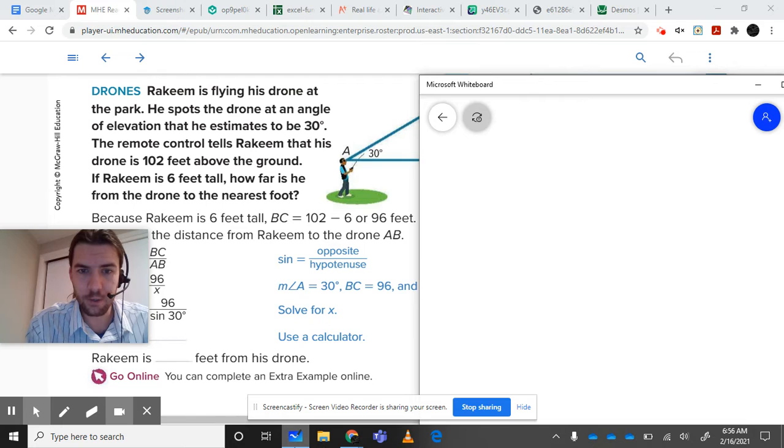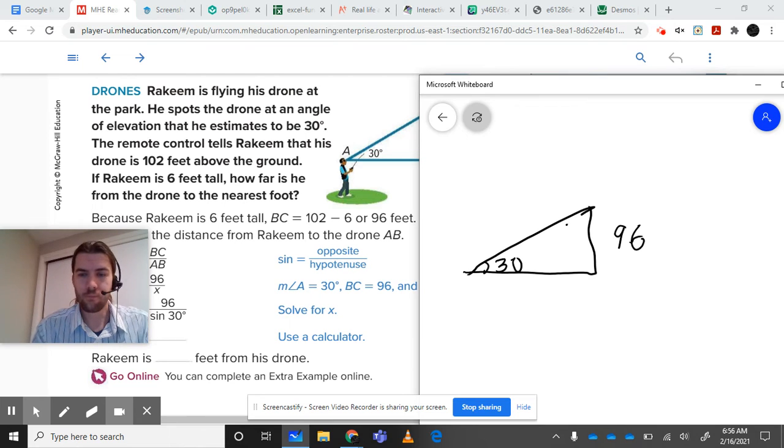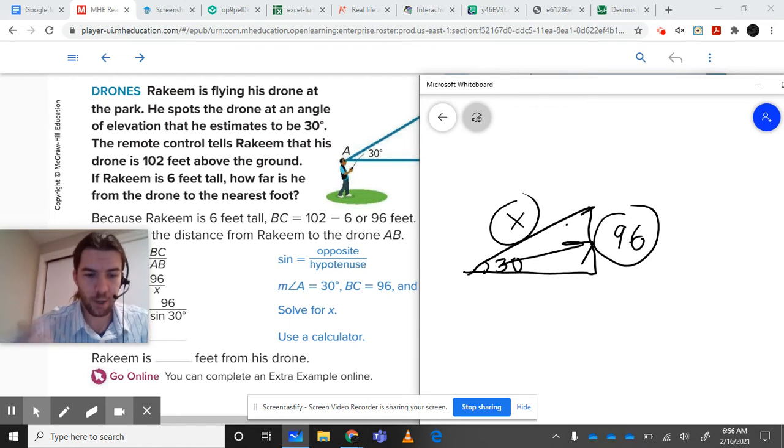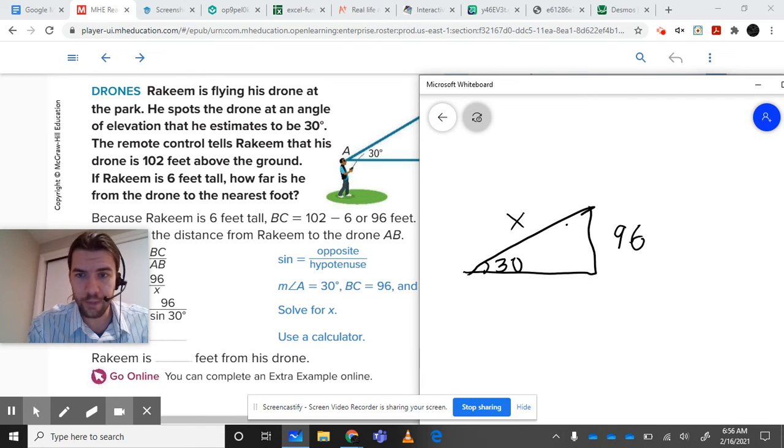Okay, so let me look at that. We have a 30-degree triangle here. It is 96 in that direction. It is 30 degrees here. So if we were going to use one of our three functions, we're trying to figure out this length here, so we really want the one that's connecting the opposite side to the hypotenuse. So O and H. Well, that is our sine, right? Sine is opposite